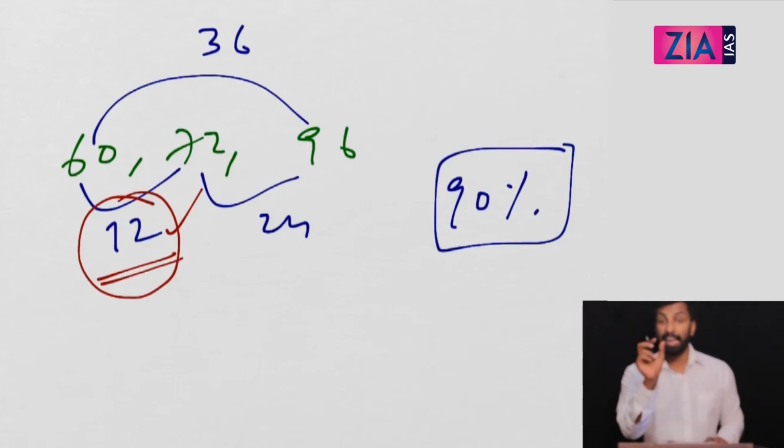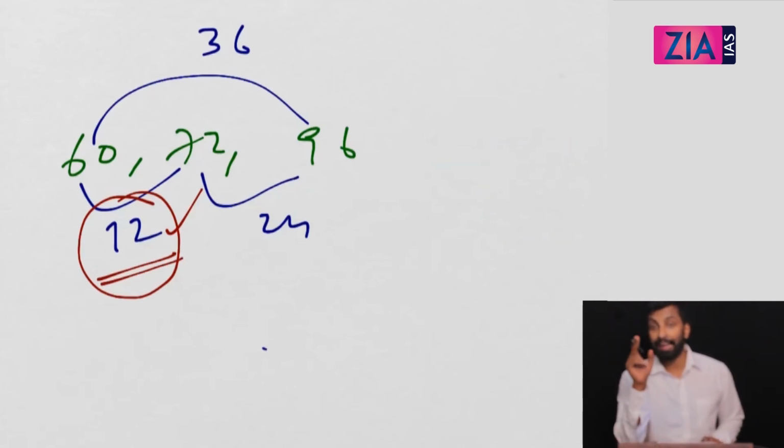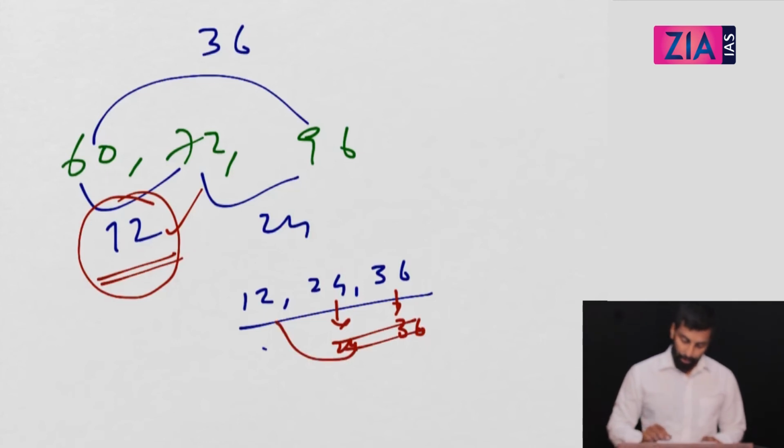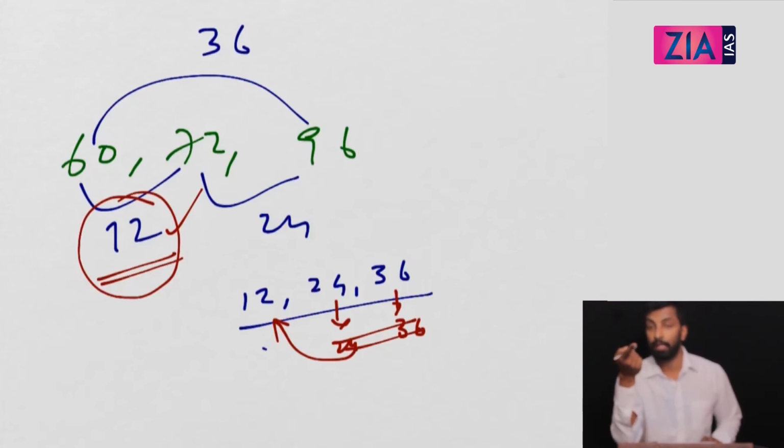See, it's like this. The idea is your HCF will be there in the factors of the differences, right? So what are the differences? 12, 24, 36. So your HCF will be there in the factors of these 3 differences. One of the factors of 36 is 36 itself. One of the factors of 24 is 24 itself. But 36 and 24 are not factors of 12. But my HCF will be there in the factors of all the differences, right? That means it should be there in 12 also. So if 36 is my HCF, it is not there in 12. So 36 cannot be my HCF. 24 cannot be my HCF.